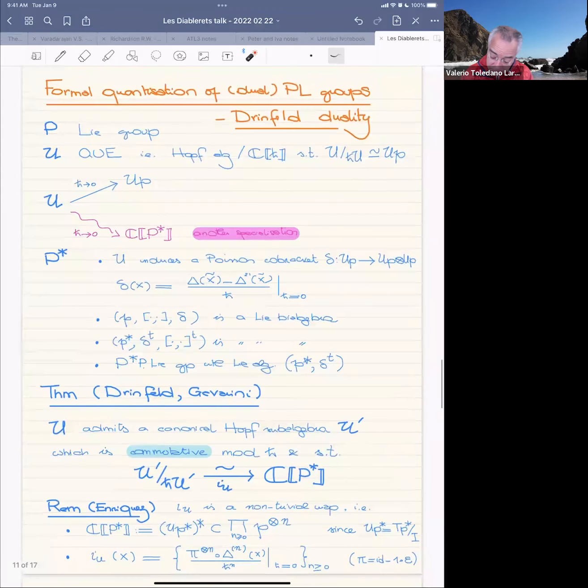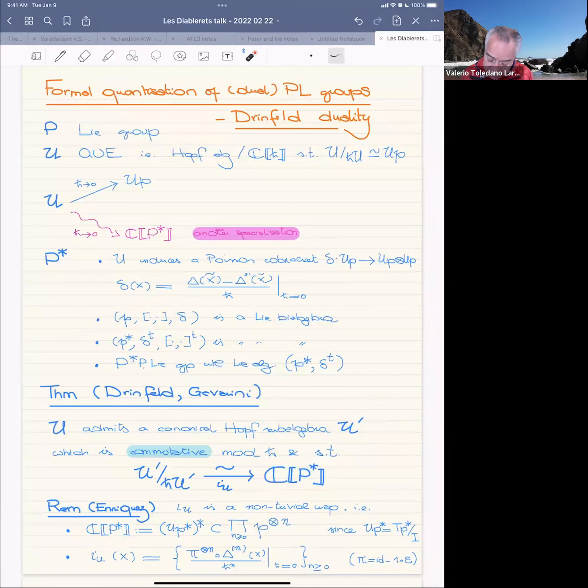Okay, now what Drinfeld stated without proof, and then Gavarini filled in the details, is that this QUE admits a canonical Hopf subalgebra called U prime, which, unlike U, is commutative mod h bar. So U is co-commutative mod h bar. This U prime is commutative mod h bar. And when you specialize it to h bar equal to 0, you get